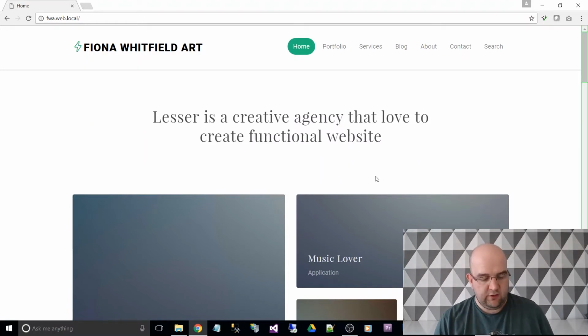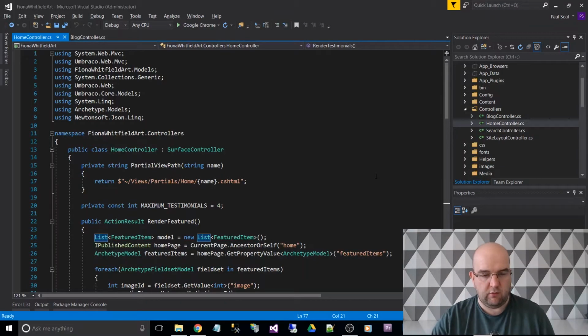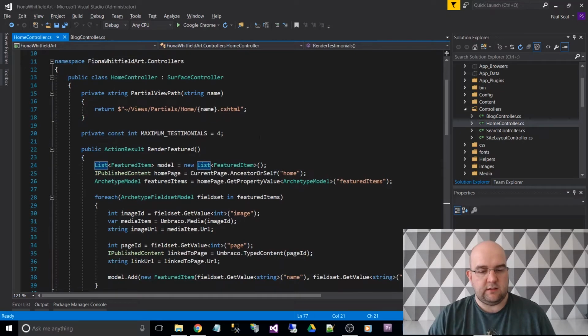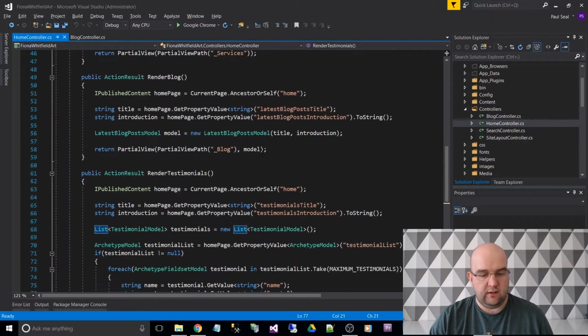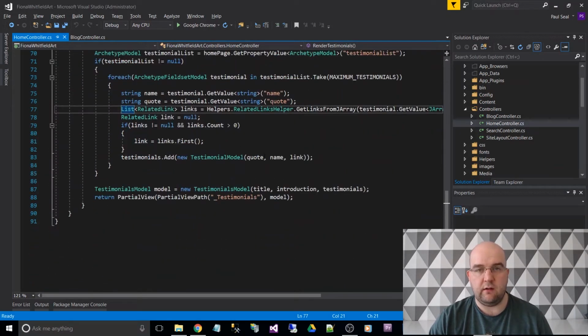So let's have a look at the code and we'll have a look at one of the controllers. This is the home controller. With Umbraco you inherit from SurfaceController, and that gives you other things that you don't normally get in normal MVC applications. Let's have a look down here, and this is quite a cluttered controller at the moment,